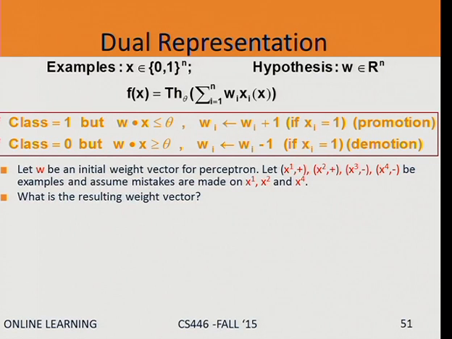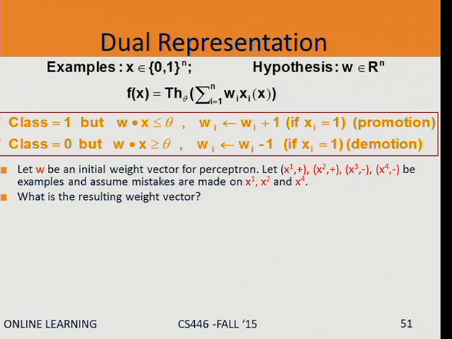What does perceptron do? Perceptron starts with w. If I made a mistake on a positive example, what's the new w? If I want to write it as a vector, I don't want to, here I wrote it for each coordinate separately to remind you of this idea, that if xi is 1, you add something, if it's not, you don't. But if I want to write it as a vector, what do I add to w? I add x, I add the example, right?